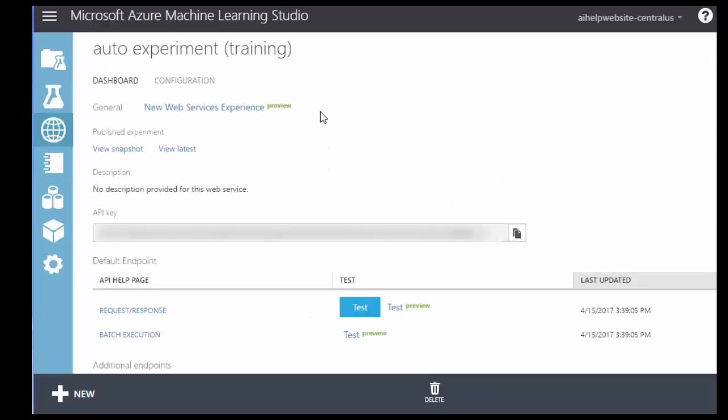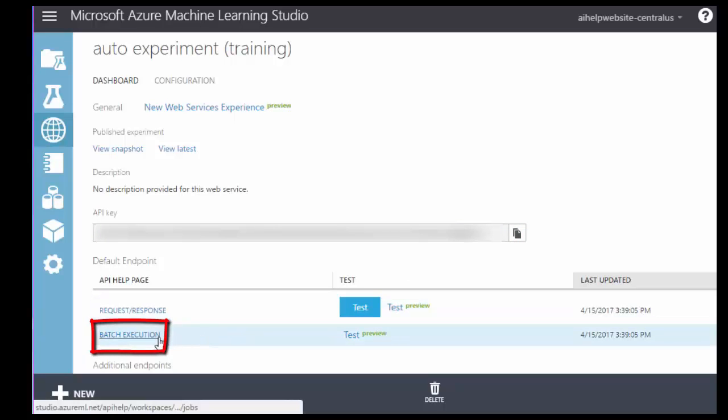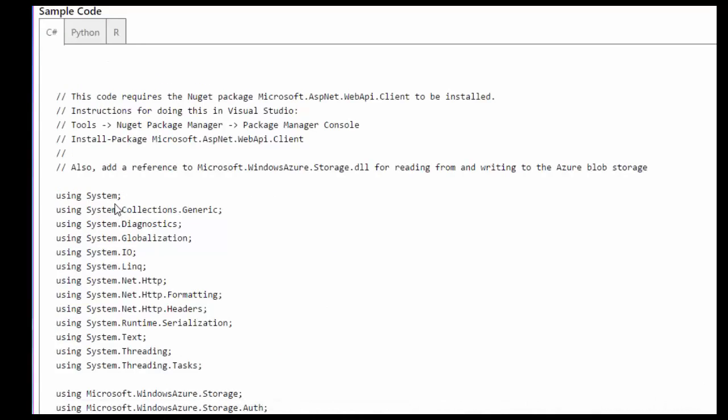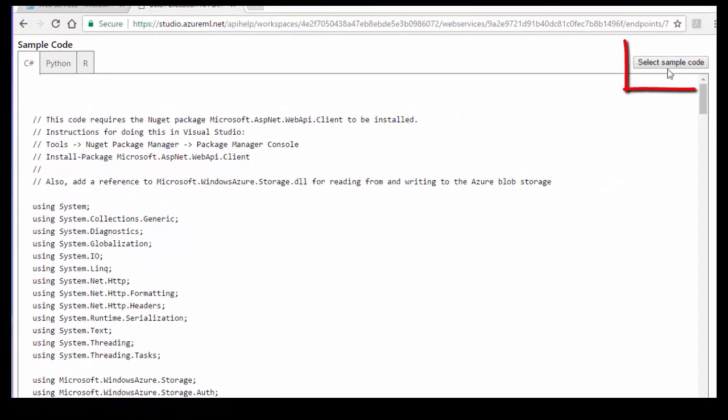On the API configuration page, we'll see the API key. We'll click the button to copy the API key because we'll need it later. We'll then select the batch execution link because when retraining a model, you'll always use a batch execution. This will take us to a page that provides sample code. We will then copy the sample code